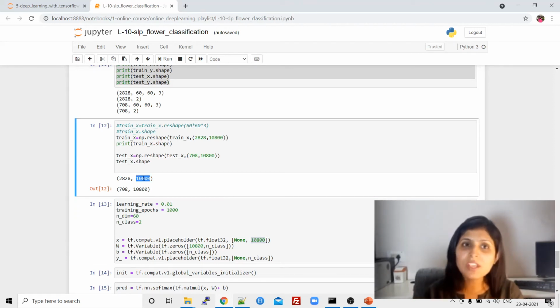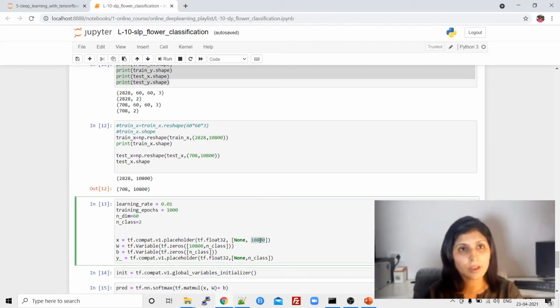So guys, always remember whenever you are working on image classification problems, in X over here you have to define the dimension of your image, right? So let's suppose if your image size is 50 into 50 into 3, you'll get some different number over here. Then you need to define that number over here. All right.